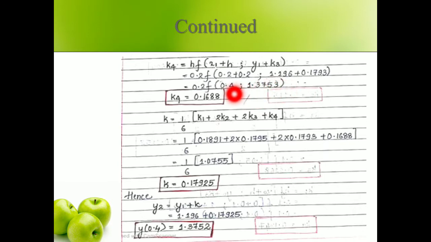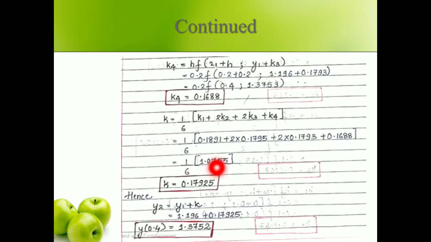Substituting 0.4 and 1.3753 in the given dy by dx, then multiplying by 0.2, we get k4 to be equal to 0.188. k will be equal to 1 divided by 6 of k1 plus 2k2 plus 2k3 plus k4. Substituting the values of k1, k2, k3 and k4, we get the whole k to be equal to